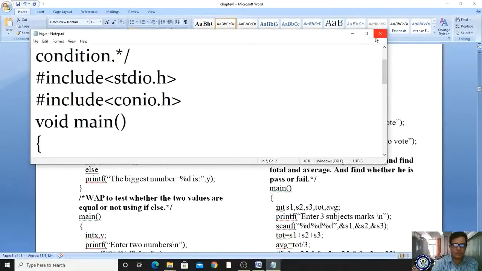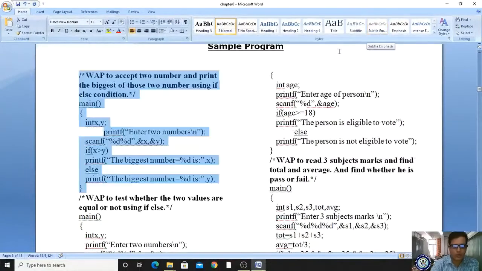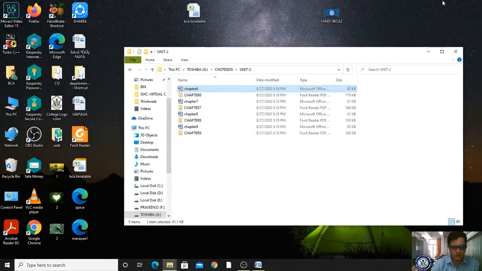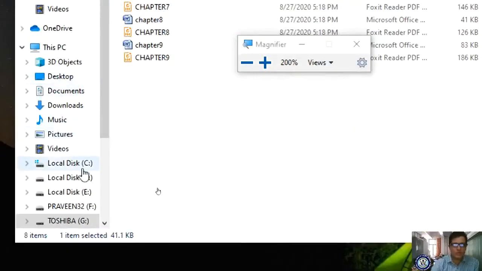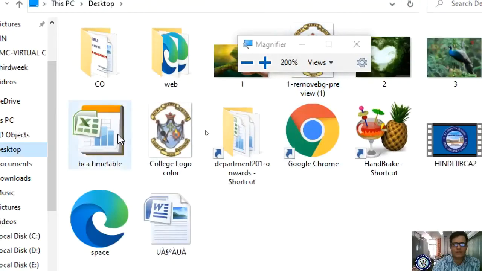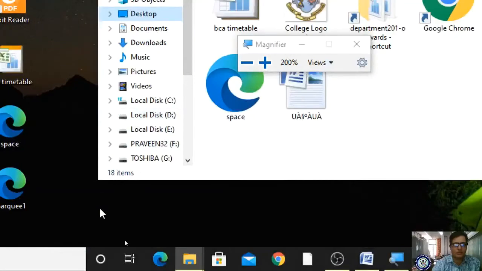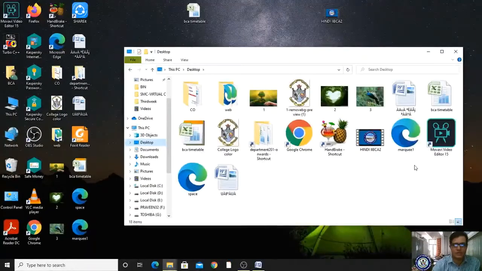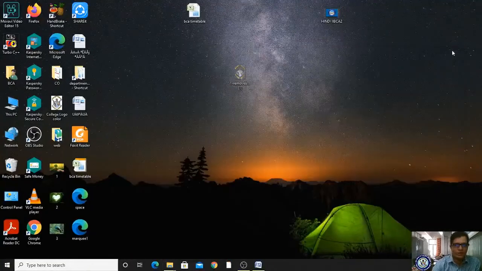Now what I am supposed to do is open my editor. To open my editor, I'm using my desktop. This is my desktop, right? Are you viewing this? Just a minute. This is my desktop. In the desktop, this is an icon, right?